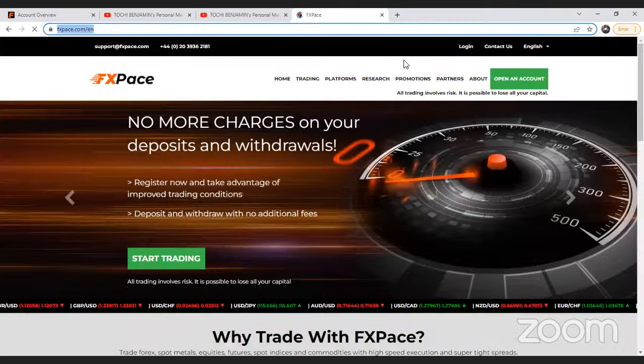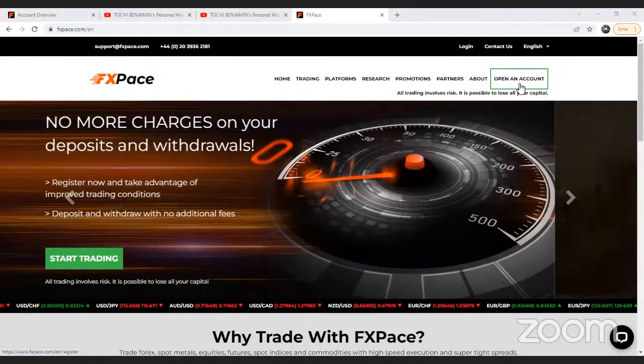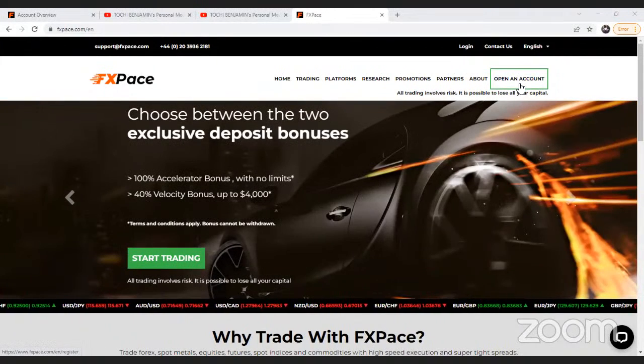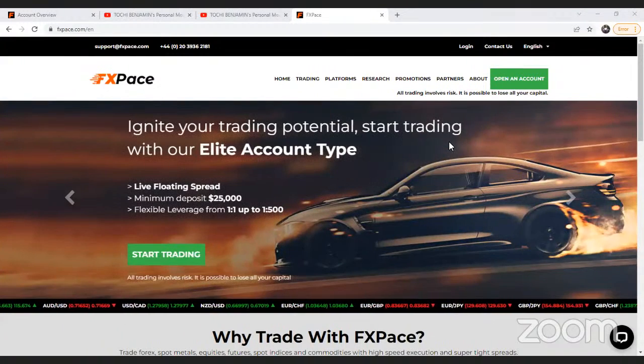Okay, it brings you to this site. Now you can see login. You can see open an account. If you have your phone, you can do it while I'm doing it, right? You click on open an account. Now, if you scroll down,